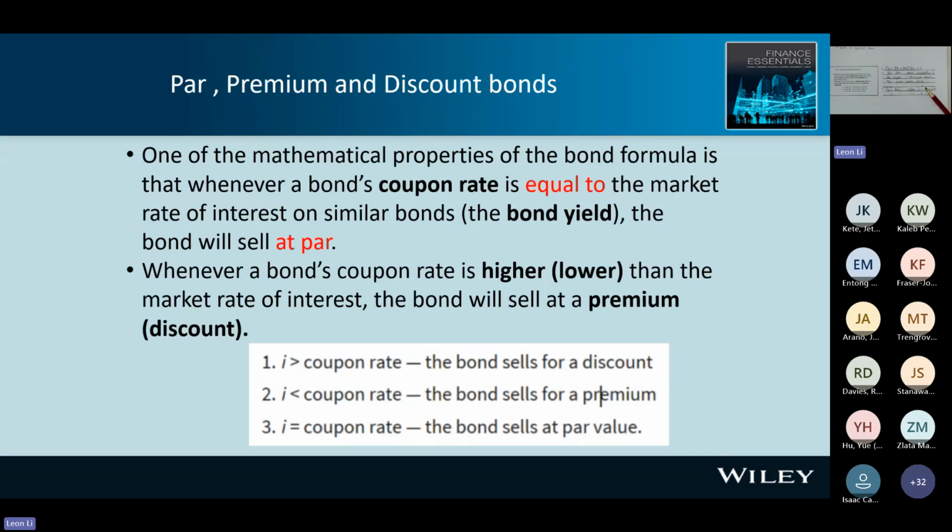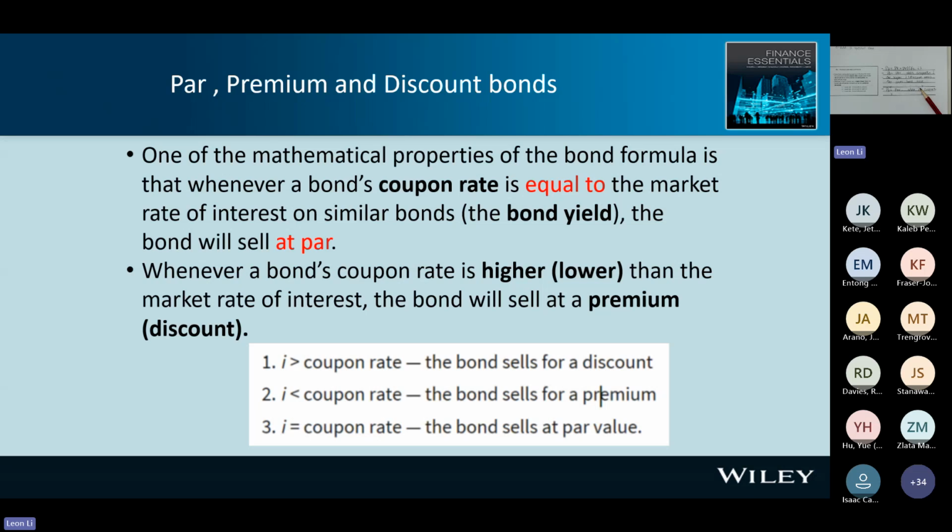And when I is higher than coupon rate, please note, when the bond is issued, market rate is equal to coupon rate. But after that, coupon rate will not change. Market rate will change. If market rate is higher than coupon rate, higher market rate, higher discount rate, lower bond value. So bond price will be lower than par. This is a discount bond. On the other hand, if the market rate is lower than coupon rate,